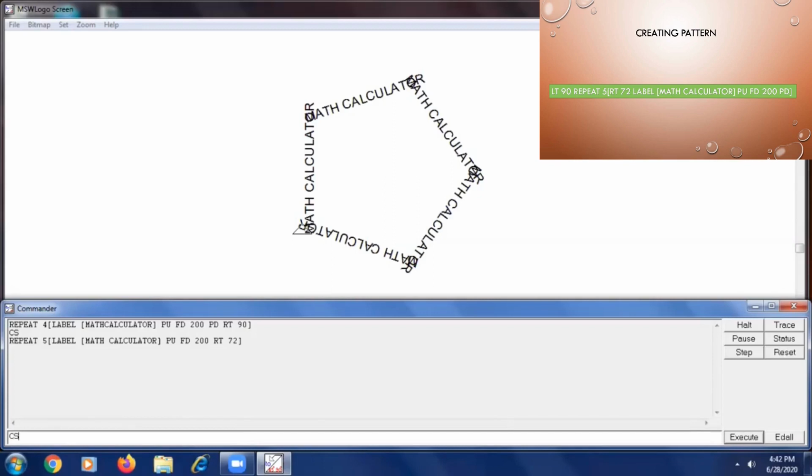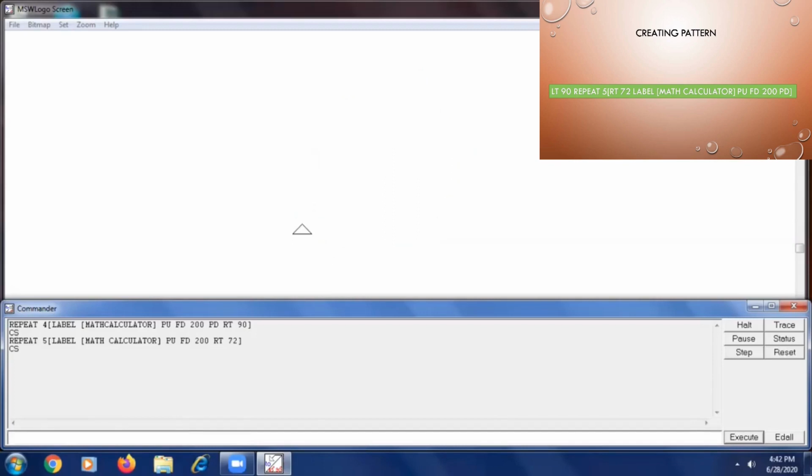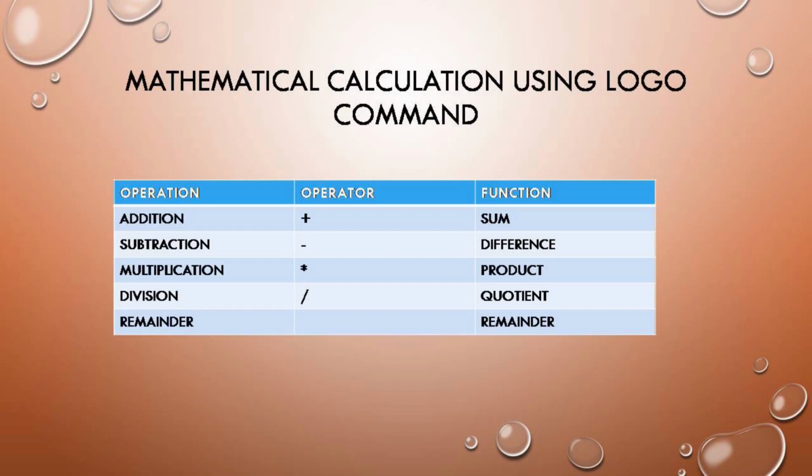Now we will learn some math calculations. In these, you need to remember one thing. Till now, whatever drawing we have done was on the main screen, but print is used for the recall list box, where it displays.